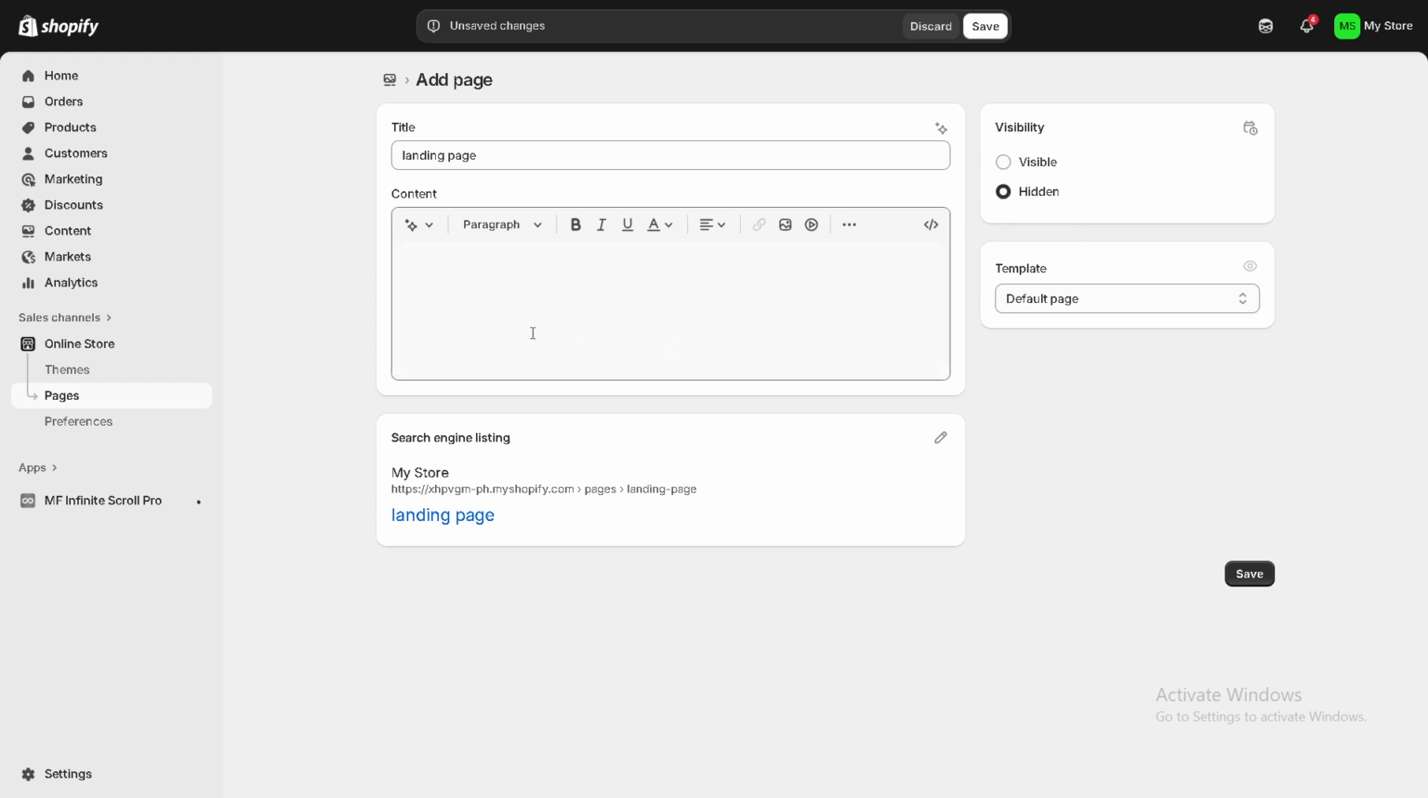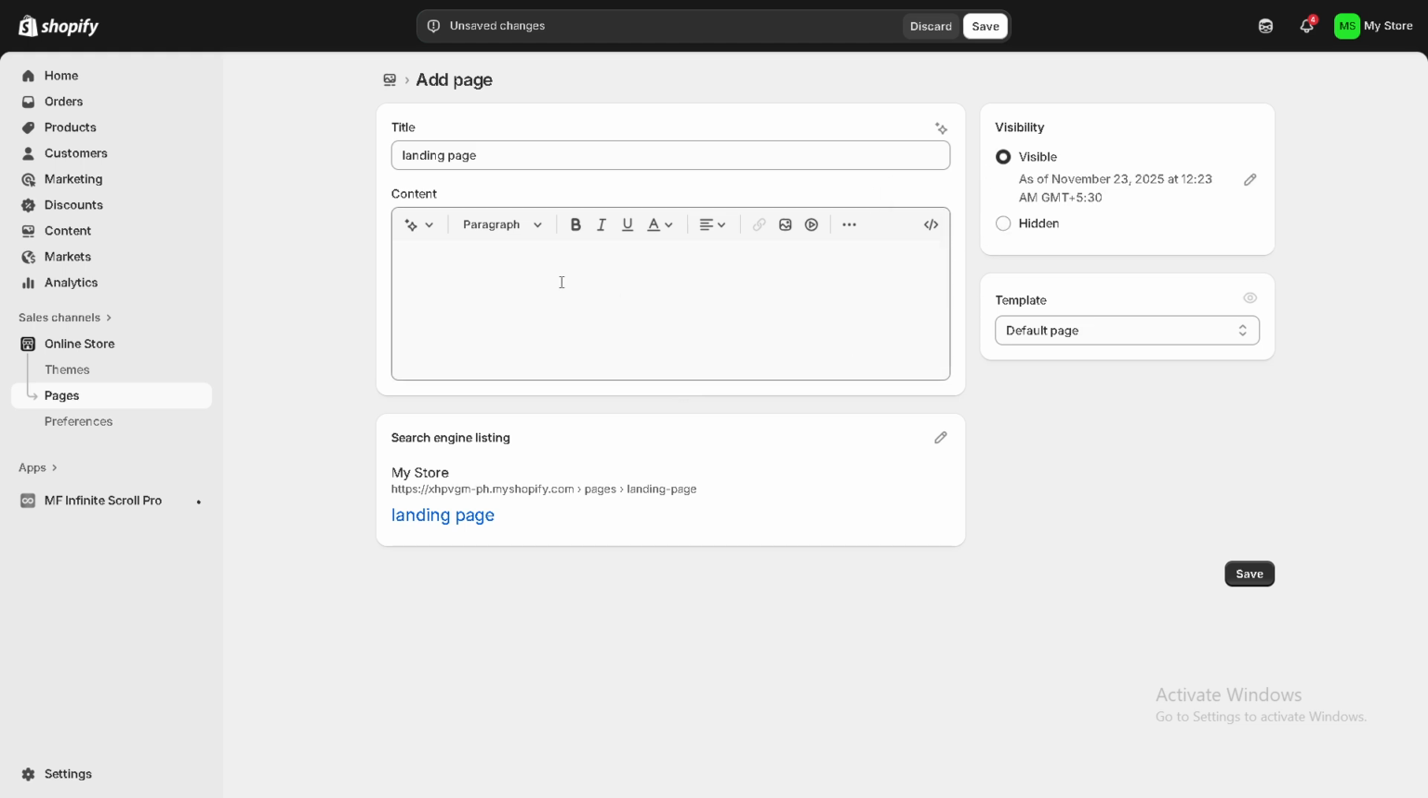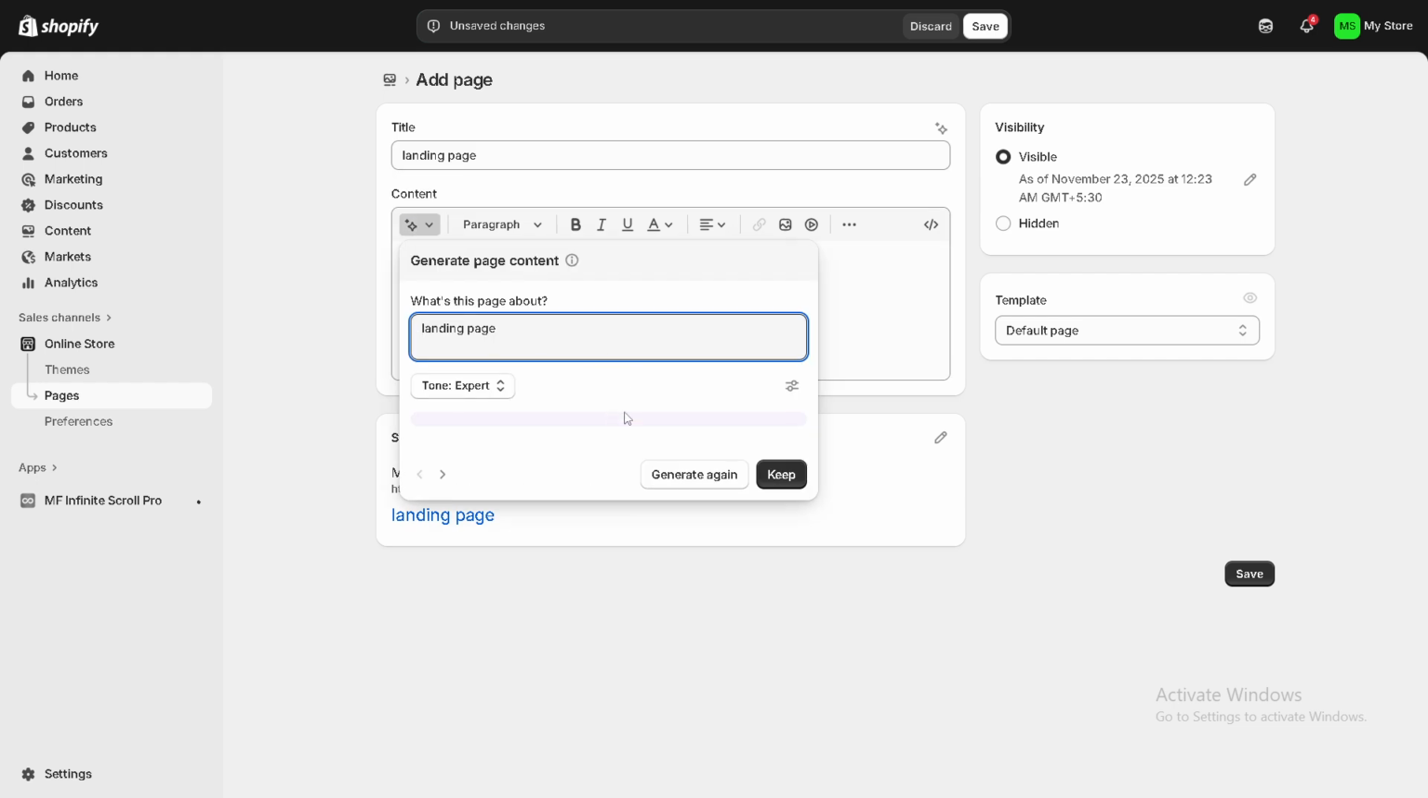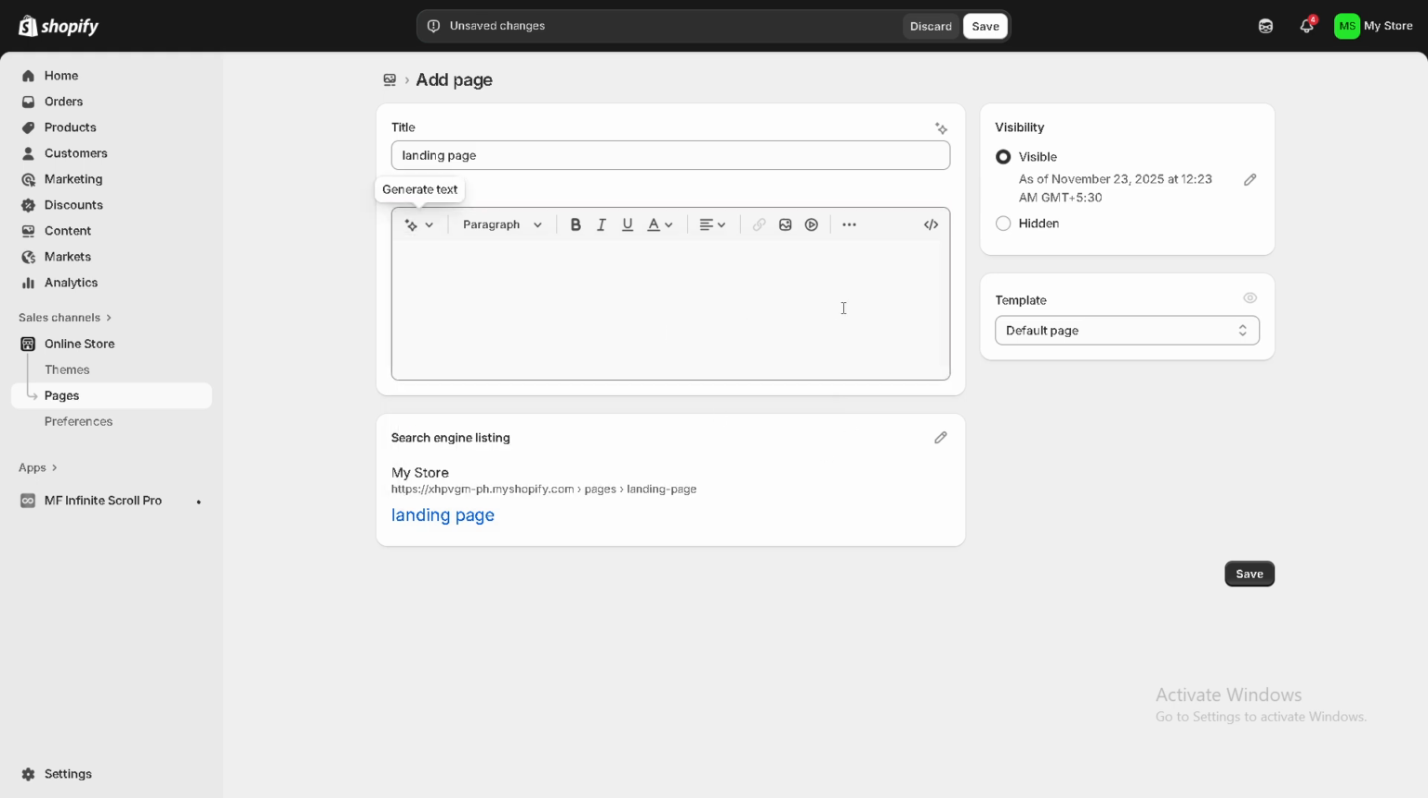Now, it's time to consider the visibility of your landing page. There is a section labeled Visibility. Here, you find two options, Visible and Hidden. As you might guess, if you want your visitors to actually see your page, you must ensure that the Visible